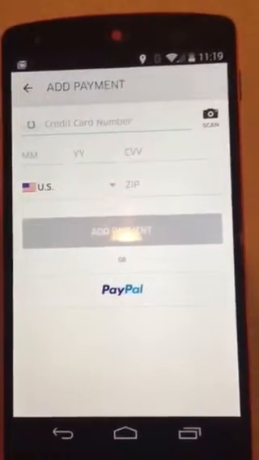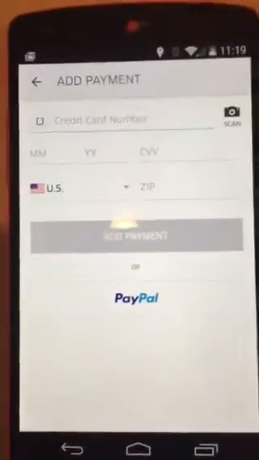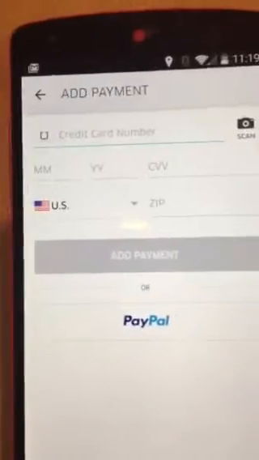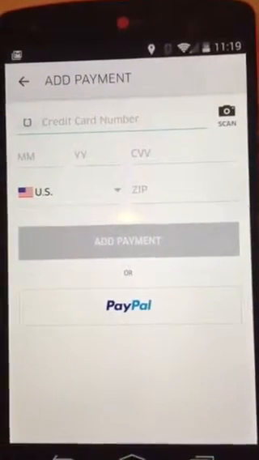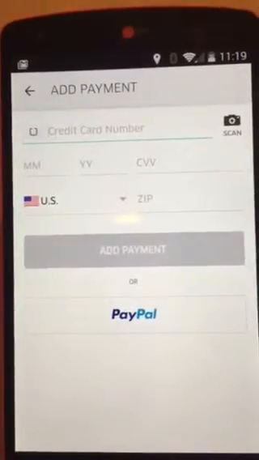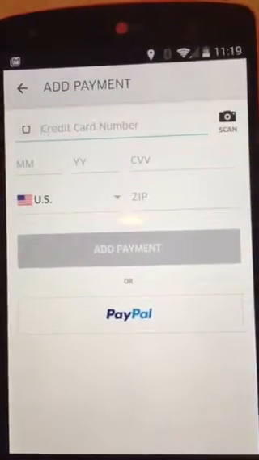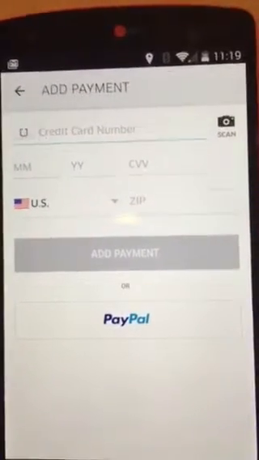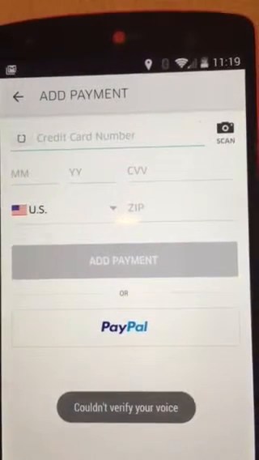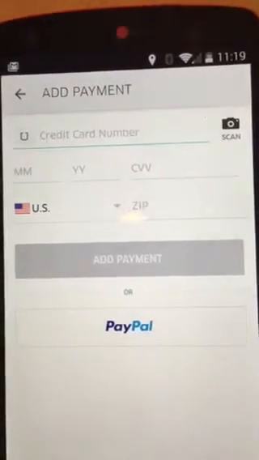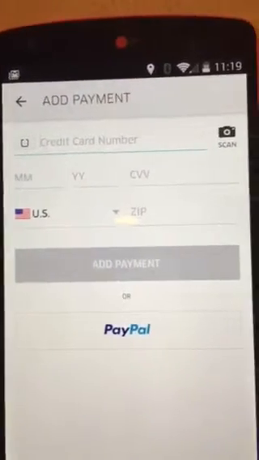Okay, so this video is about the payment screen. Can you make the payment screen exactly the same as what you see here? This is the Uber app. We don't need the country here, the US, but we do need the zip code, because you don't have the zip code right now, so we do need that.